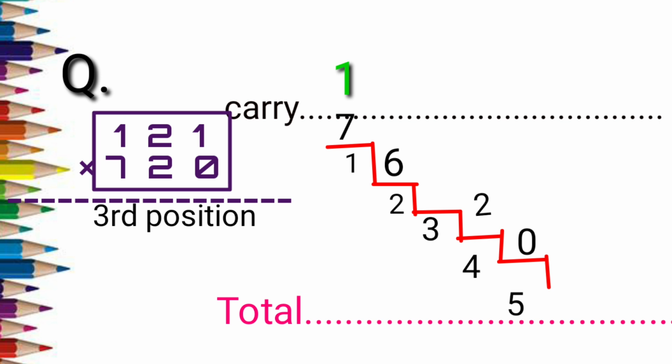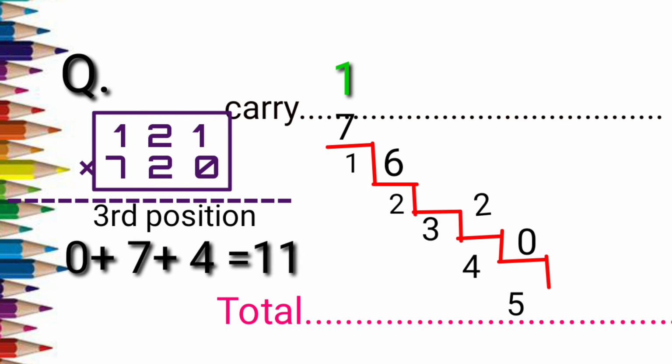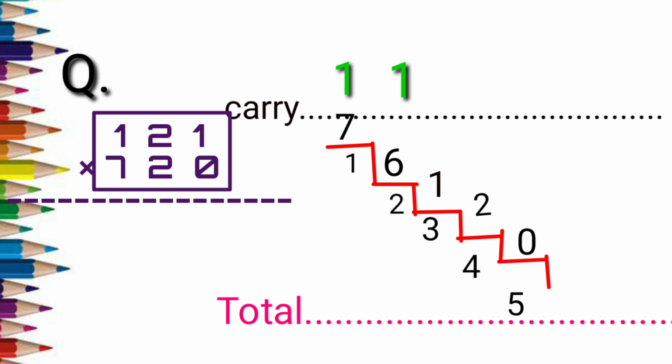So what we have to do is we'll take 121 and 720 all together. What we have to do is multiply both the extreme numbers and then multiply both the tens place numbers. That is 1 into 0 is 0, plus 7 into 1 is 7, plus 2 into 2 is 4. So what is 7 plus 4? 11, correct? So now in the third position, fill it as 11. One you give it in the third position and the other one you give it as a carry for the second position. See, all these staircase values are filled and carries are there above.